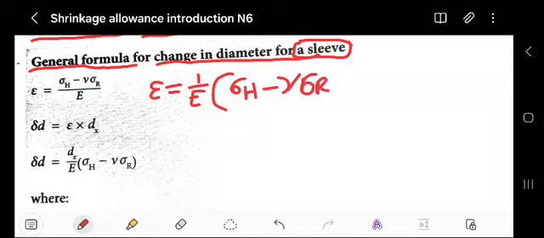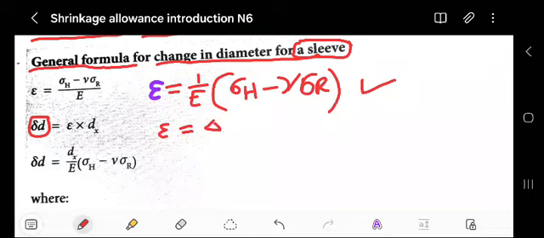times the radial stress, like this. This is how you calculate the strain. The reason you are supposed to calculate the strain is because of the change in diameter, guys. You know that the strain is equal to the change of something